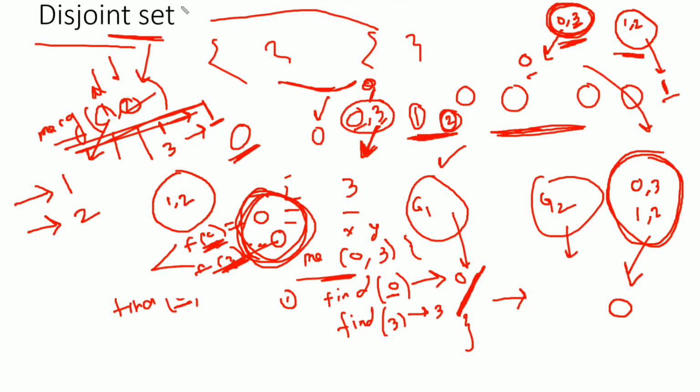Basically this type of data structure is used in social networking areas in order to find whether one user is a friend of another or not. If user 1 is a friend of user 2, they will be in the same connection, in the same group. But if some other user is there, in order to merge that user into this group, we need to perform merge operations. So this is all about the find and merge operations.